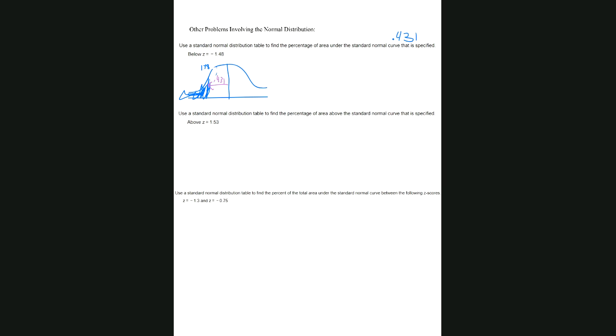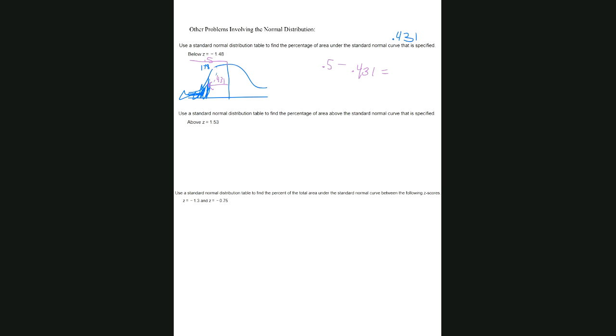So all I have to do is take that and subtract it from this entire side, which I know is 0.5, to get the z-score or the area or number of data values below. So I'm going to take 0.5 and subtract 0.431,